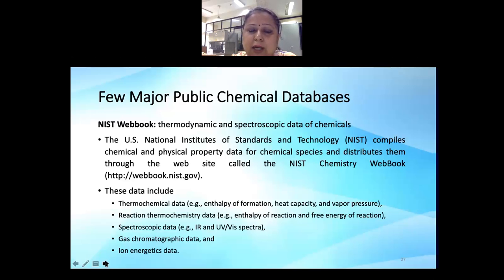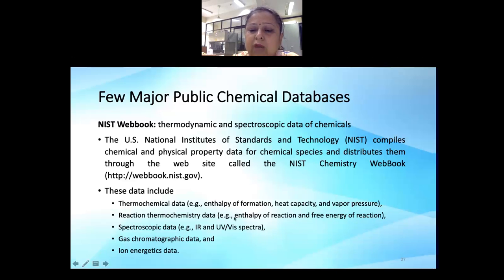It is compiled by the US National Institute of Standards and Technology, and it compiles chemical and physical property data for chemical species and distributes them through the website called NIST Chemistry WebBook, whose web address we have given over here. These data include thermochemical data, for example, enthalpy of formation, heat capacity and vapor pressure, reaction thermochemistry data, enthalpy of